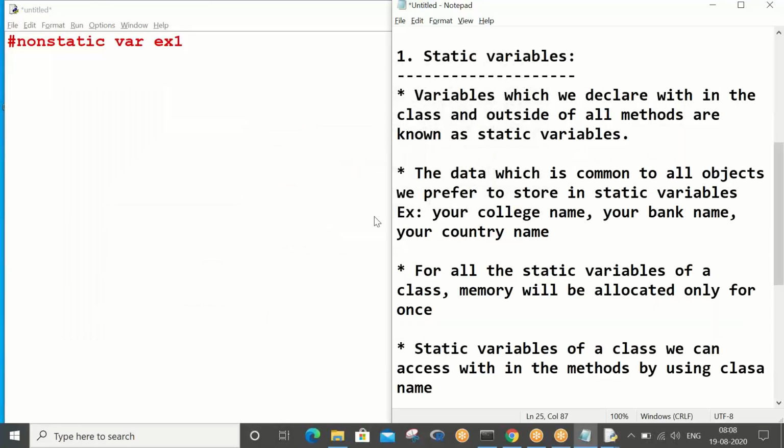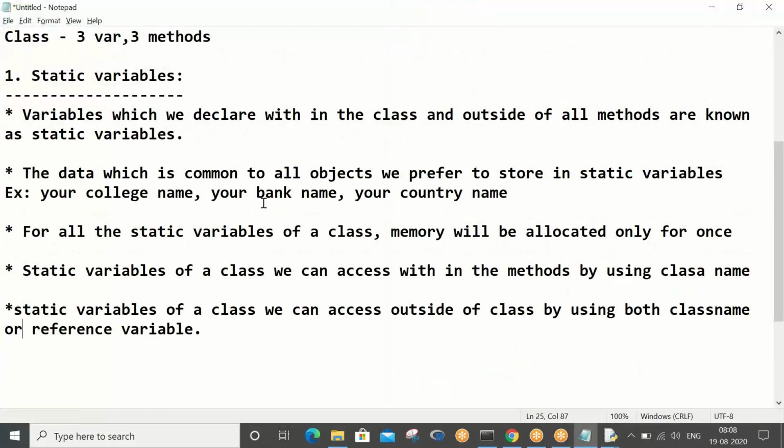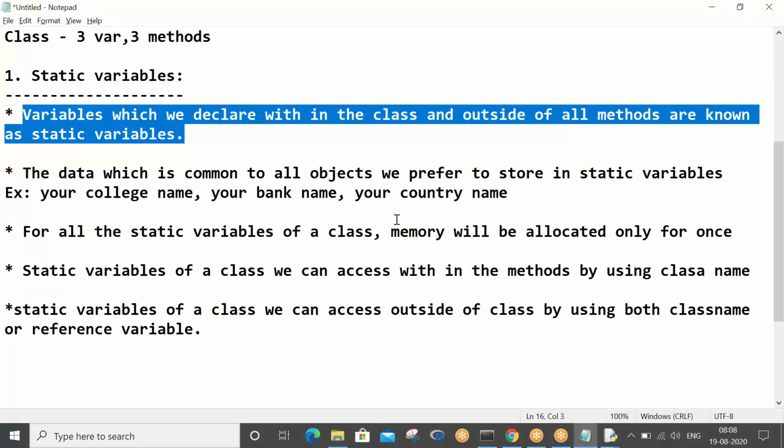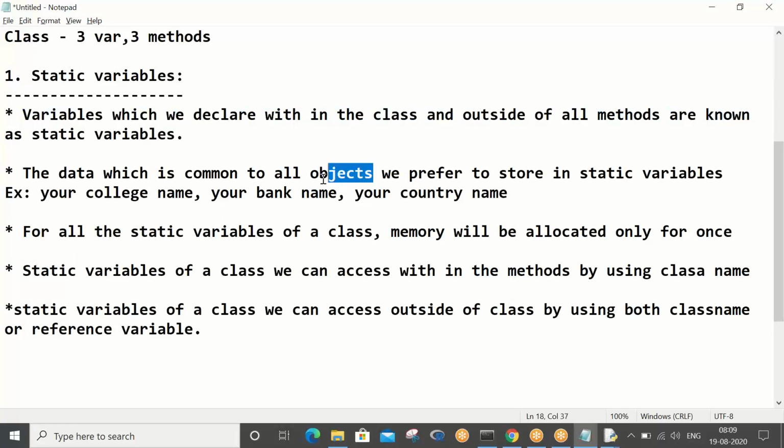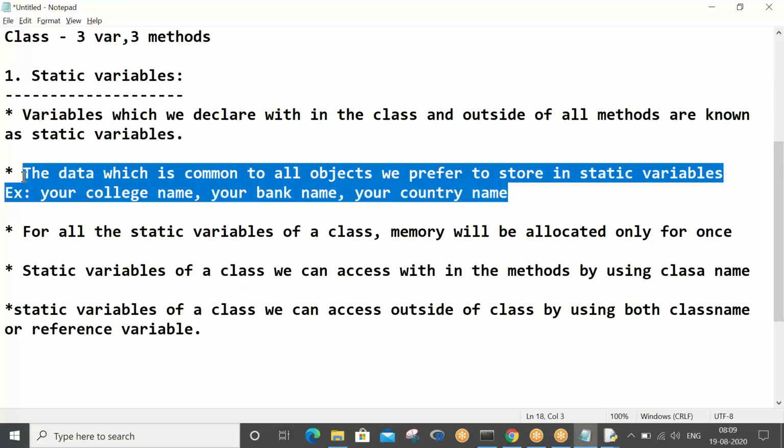Let us try to understand some points. Give a reading of all these points once. Never ever should you have confusion with these variables. Here itself you will get caught, and you cannot do programming properly if you don't understand how these variables are accessed. These are declared outside of methods inside the class. The data which is common to all objects you will store here. I have not shown with an example what exact data we store. First I will explain the implementation, modification and usage of all three variables, and then I will come up with one proper use case where I use all of them.